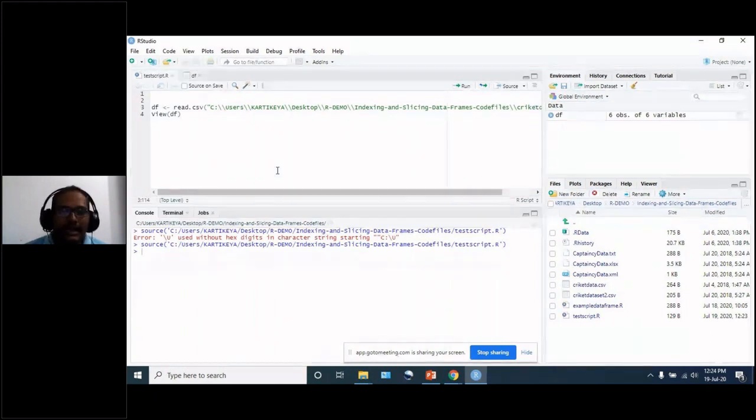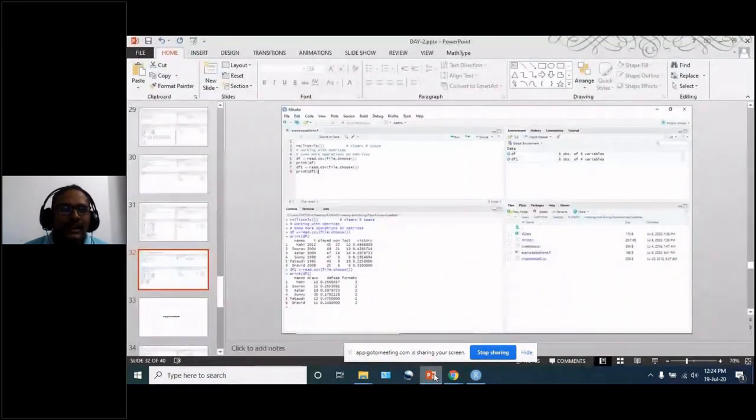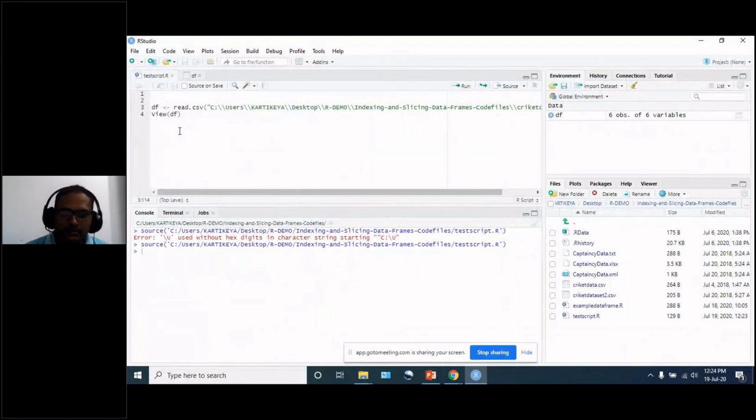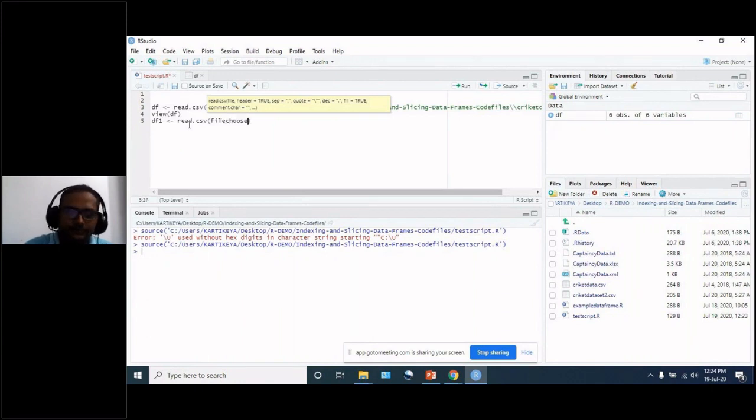So if I want to choose in an interactive way, then you have to write the command df1, I am giving the name, equals read.csv, now file.choose.